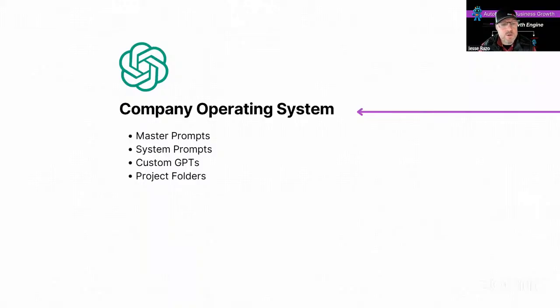We can also create system prompts for you, and these system prompts are specific to your individual role within the organization. So if you're a social media expert, if you're a Google Ads specialist, if you're the CEO looking to iterate on ideas and things of that nature, if you're the CFO, if you're the CTO, whatever your role is within the organization, you can create system prompts that give you the ability to get to your desired outcome more rapidly than ever before.